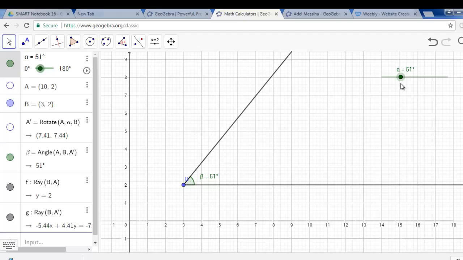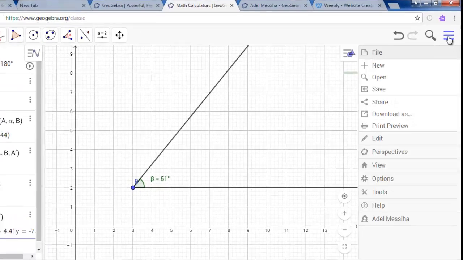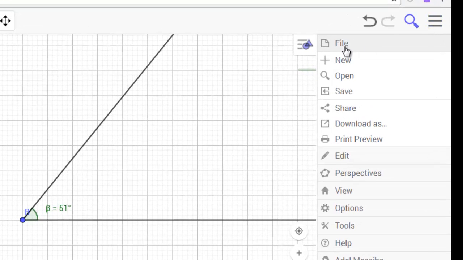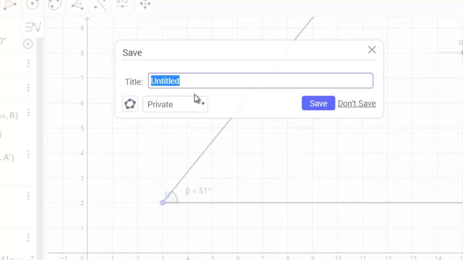Now it's very important, you need to save this applet, you need to relate it to your website, or you need to help the student use it in Smart Notebook so they can add a protractor and they can see the difference. So in this case, you will need to go to this menu and click on File, which is going to help you to save. When you click on Save, it's going to ask you for a name. So you can say slider